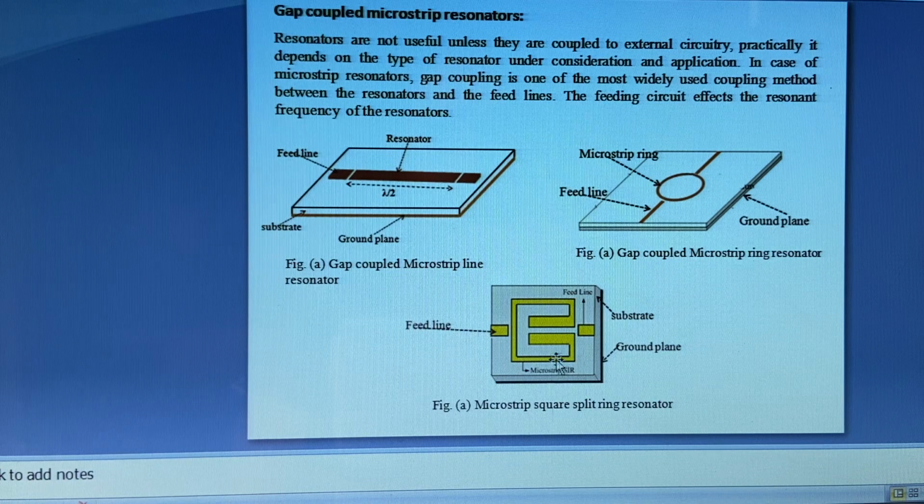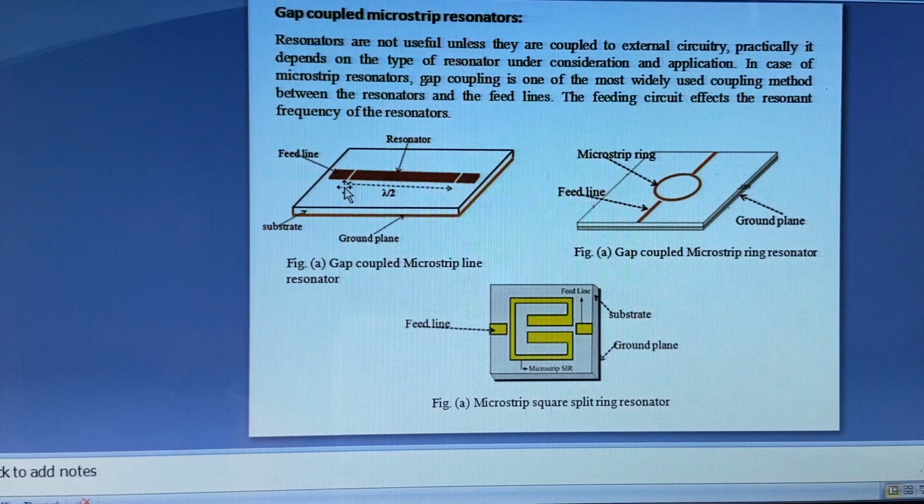See here also, this is actually the resonator. To this there is a feed line, and between the feed line and the resonator there is a gap. Using this part, called the coupling circuit, the excitation source is connected to the resonator, and the output is also taken through the same circuitry. Here again is a feed line. This part, an external circuitry, is used to take the signals out of the resonator circuit. This type of coupling is what we are discussing.